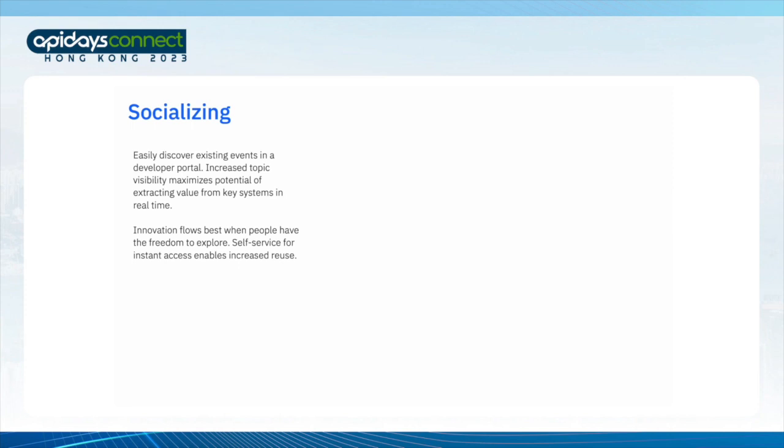That self-service sign-up I was talking about before is so valuable. Because like I said, we say our goal is to enable delightful user experiences through creating innovative and responsive event-driven solutions. Well, the best way to enable this innovation is to make it easier to create these applications, to remove as much of the friction and as many of the barriers as we can. And as I've put on the slide here, innovation is enabled when we make it easy to experiment and easy to explore. Letting someone discover that a topic exists, giving them all the information they need to be able to access it, and to let them create whatever credentials they need, all through a self-service portal, doing that can be truly transformational.